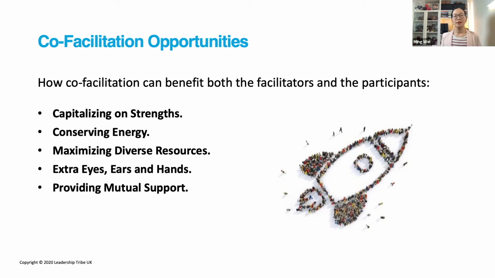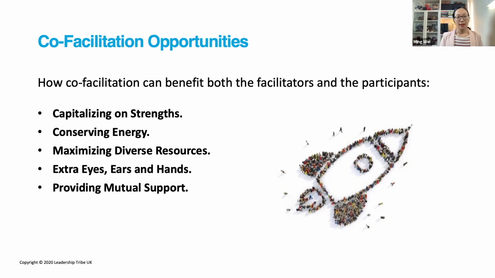It's exhausting. It's tiring. So what you need to do is work with your co-facilitator. You can take part of it, I can take part of it. When you are delivering, I can relax a little bit and reserve my energy. And when I'm doing it, the other person can reserve their energy. So take turns so that you conserve energy and make sure that every time you deliver something, you're at your best.